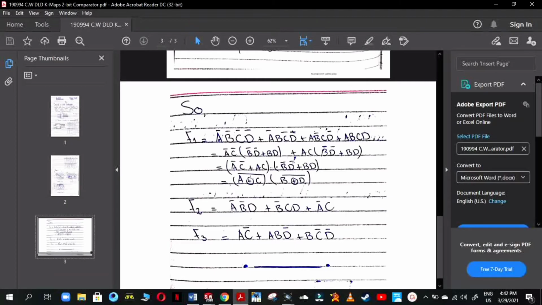In the F2 function, we design 3 AND gate operations and then combine these AND gates using an OR gate. In F3, we will also use AND gate operations, design 3 AND gates, and by using an OR gate we will combine these 3 AND gates.